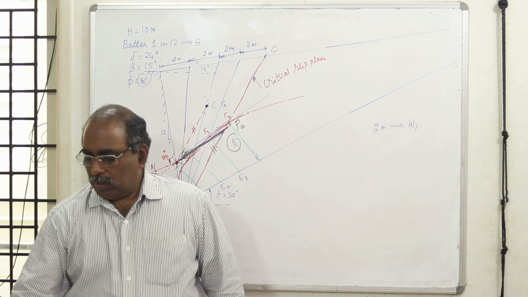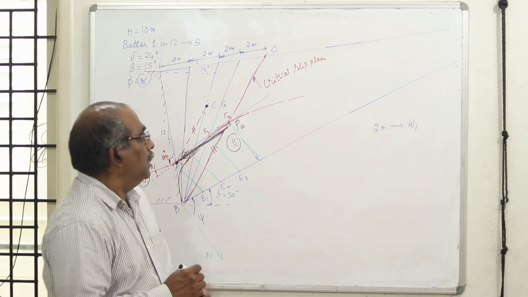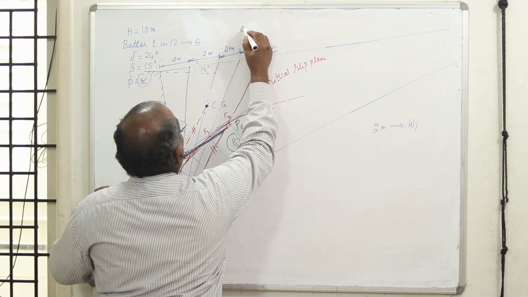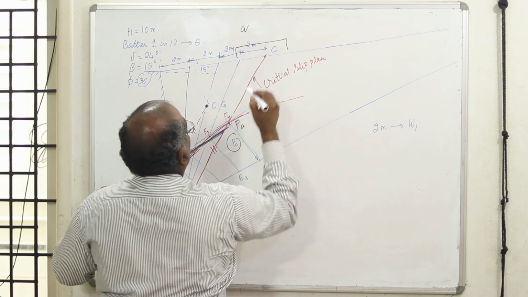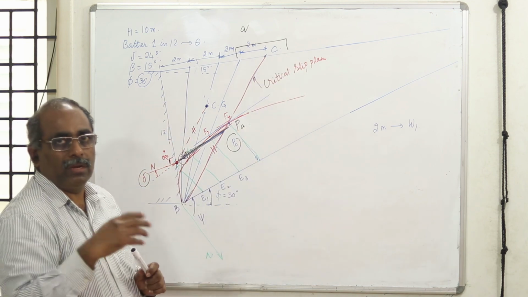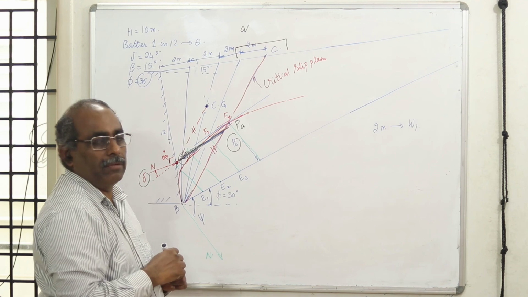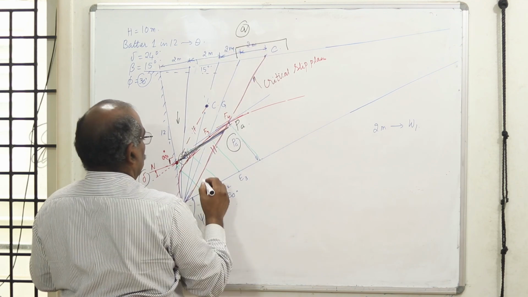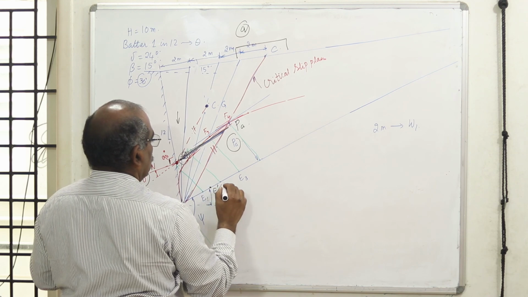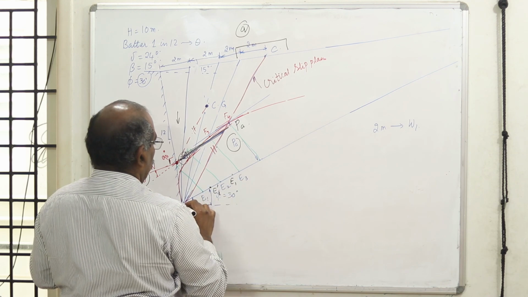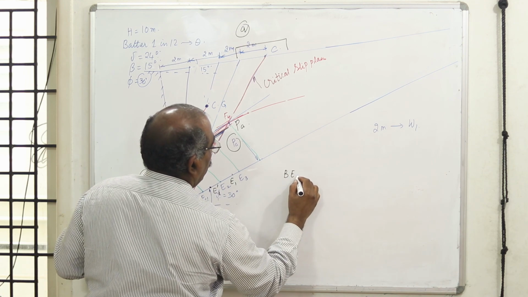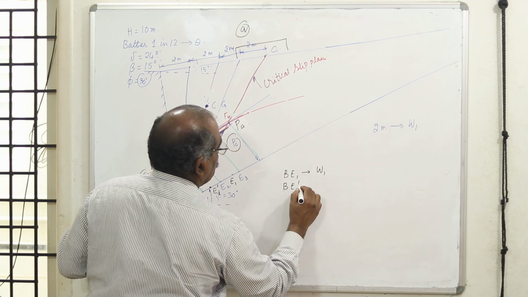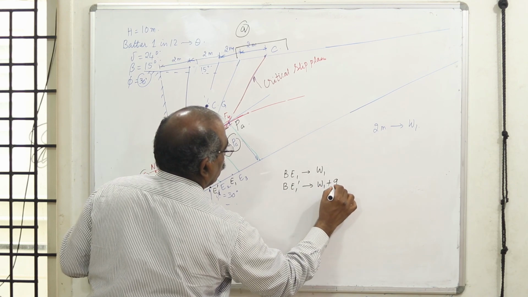There is one more thing which you can complete with this. Now if I have some Q, let us say I have a building, it may be a footing or it may be a railway line which is passing. If I know the intensity of Q, I can add it to the weight W. I can find out E1 dash, E2 dash. BE1 is representing the weight W1. BE1 dash is representing weight W1 plus Q.